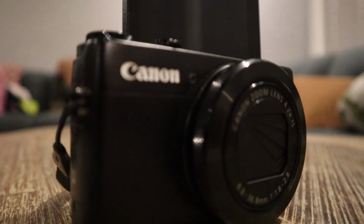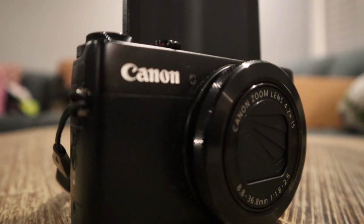Moving right along, I'll discuss briefly my point and shoot that I'll be taking. I will be taking a Canon G7X Mark I. I have a Mark III, but I gave it to my girlfriend for Christmas. I just bought it for her. The Mark I is just great for things that,